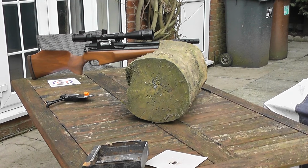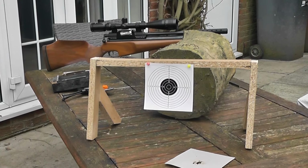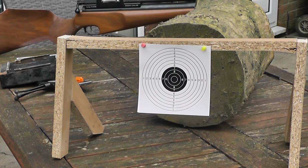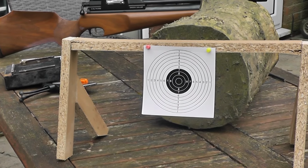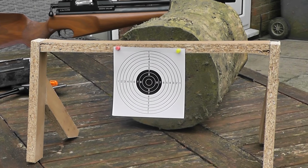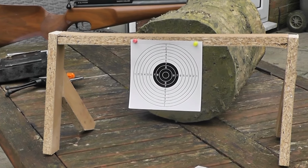So I thought, use my brain a little bit. What we want to do is get the target back away from the backstop. So what I've come up with is this idea of a paper target hanger. We had some pieces of old kitchen cabinets lying around, so I took a saw to them, quick bit of measuring, and put 3 of them together into an N shape, and then put a couple at 45 degrees